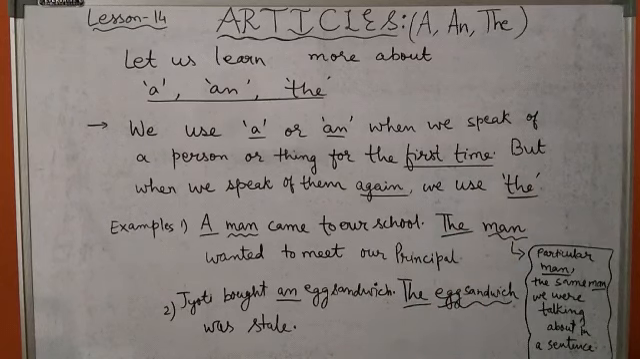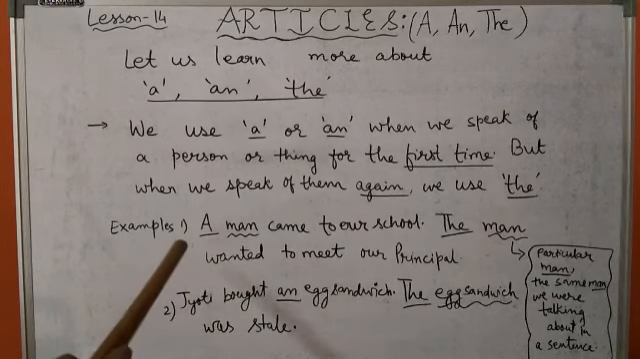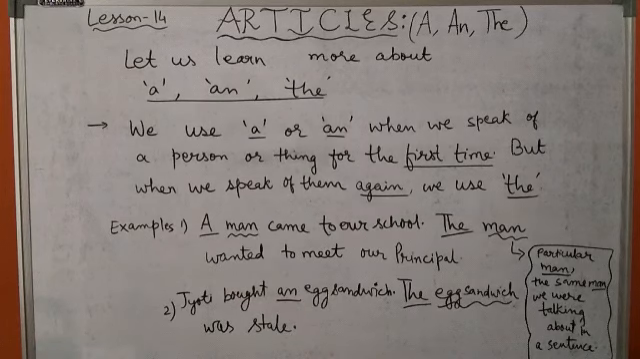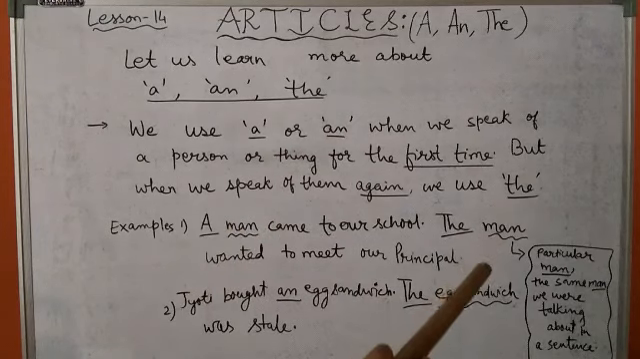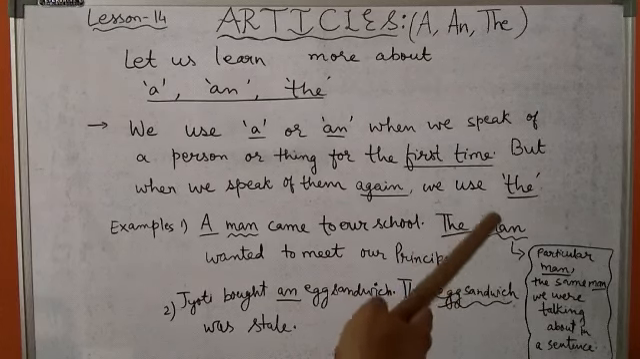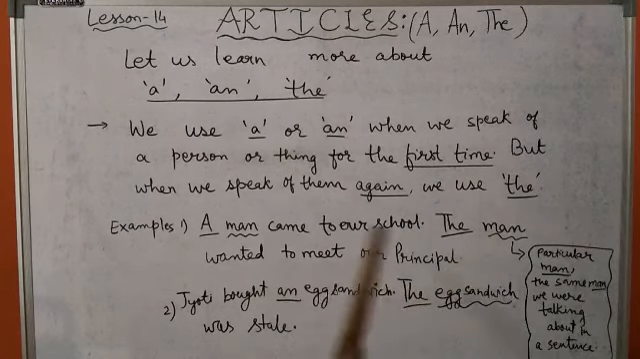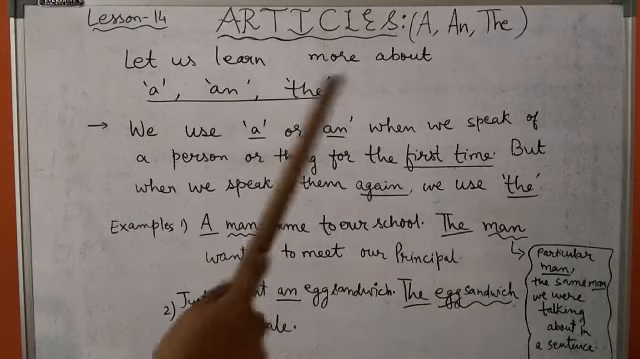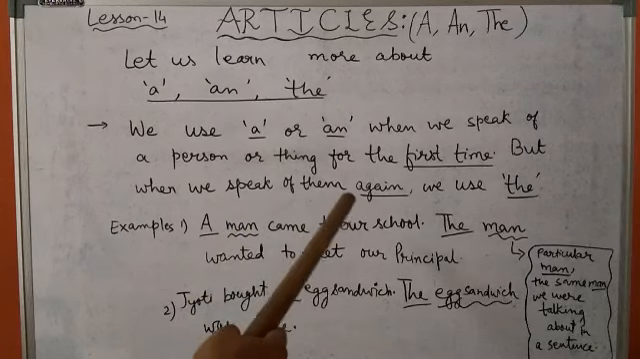For example, a man came to our school. Now here, man has been used for the first time, so a has been used. The man wanted to meet our principal. Now here, the man is repeated, so at that time we are using the. Because here it is the particular man, the same man we are talking about in the sentence, who came to our school. So according to the rule, the first time we are using a, because whenever we